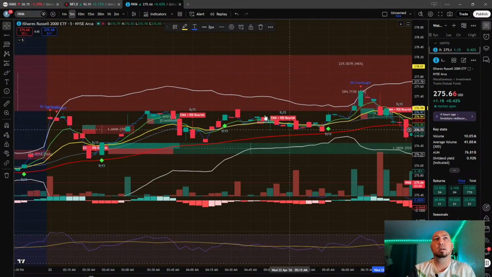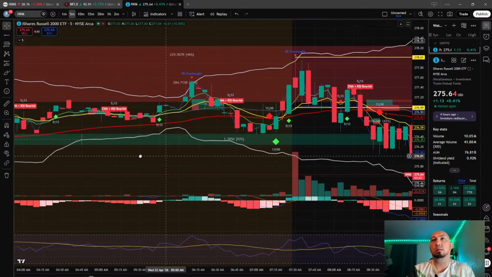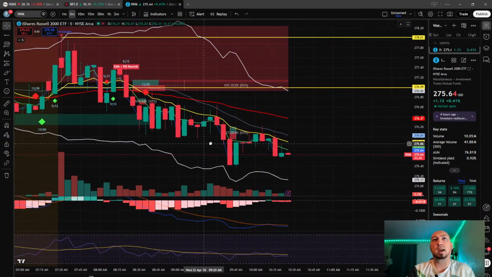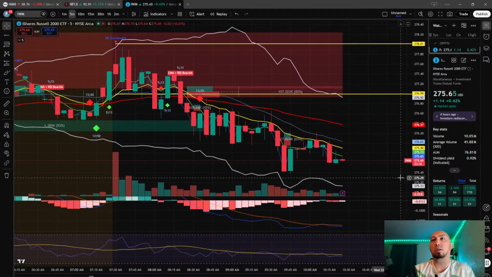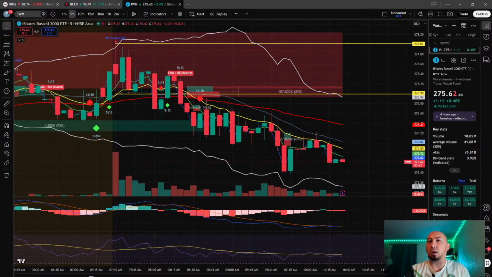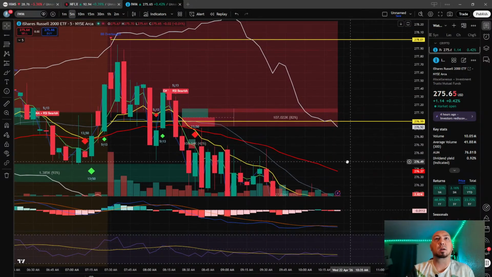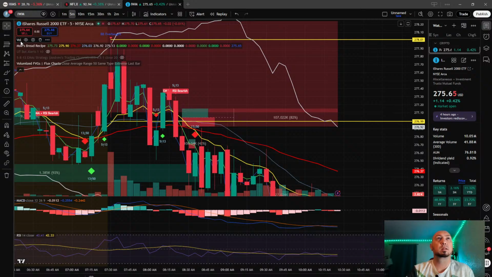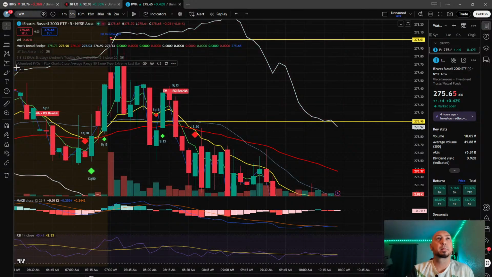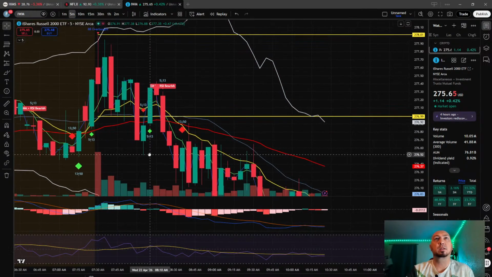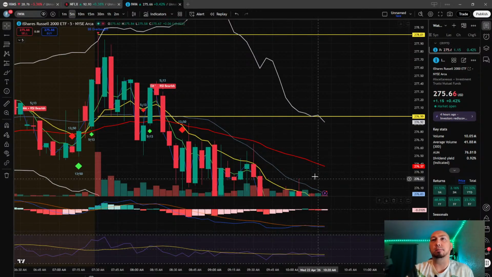5 minutes. By the way, these big red boxes and such, I like using the volumized fair value gap indicator along with Mo's script, RSI, and MACD as well. I just think that all of this adds to being more consistent. So we can turn that off since it's kind of confusing. So this is just Mo's script with MACD and RSI added in.